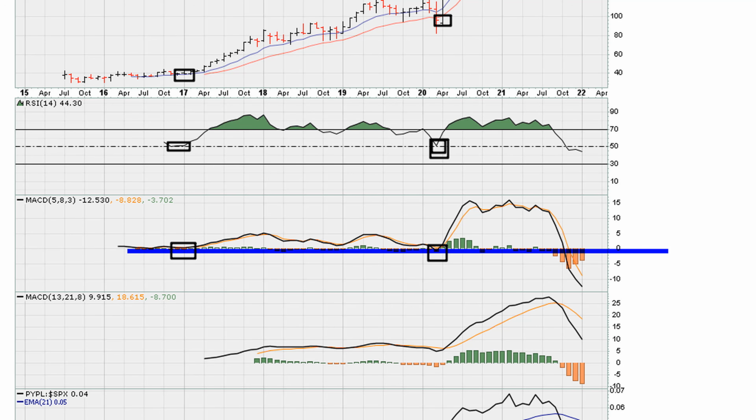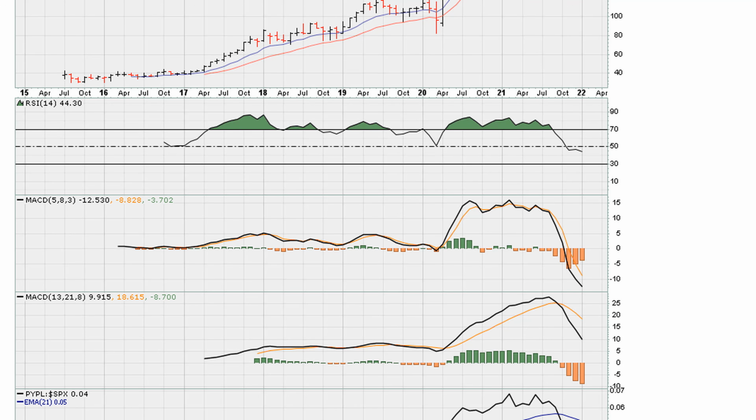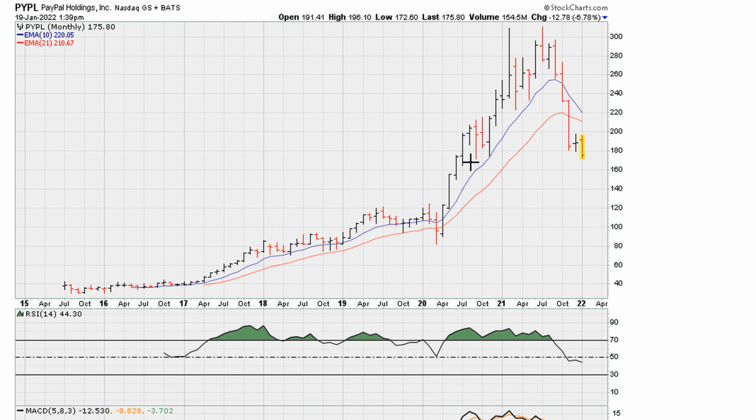Now, what I want to discuss is that something has changed. You can see for the first time since 2015, the MACD is below zero. And I've been talking about this stock for many weeks, many months, and the fact that it was looking bearish because it was moving to 3-year lows. And now we can see the RSI is below 50 for the first time ever. So that's a sign of a stock, irrespective of how you want to look at it, the signs are there for the possibility of lower prices. The more it drops below